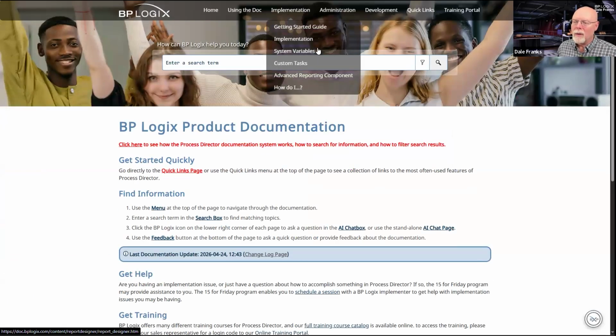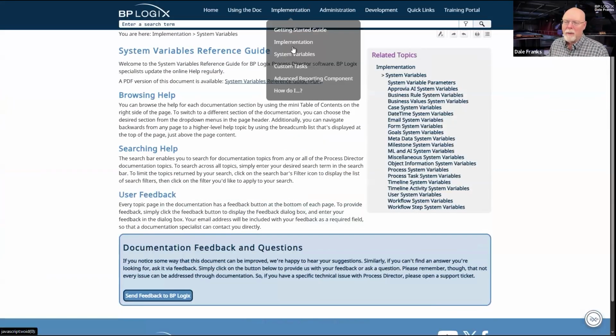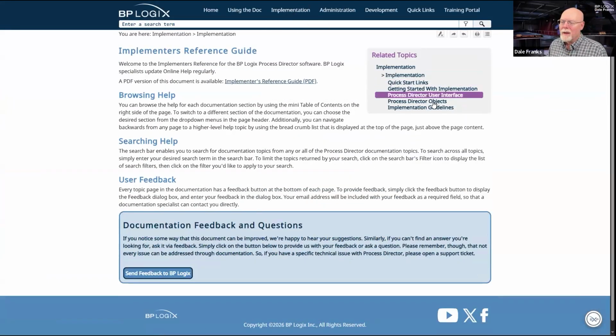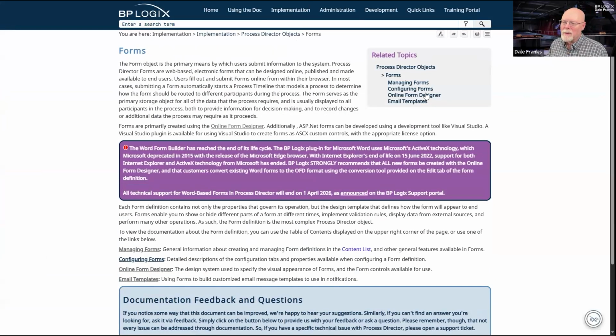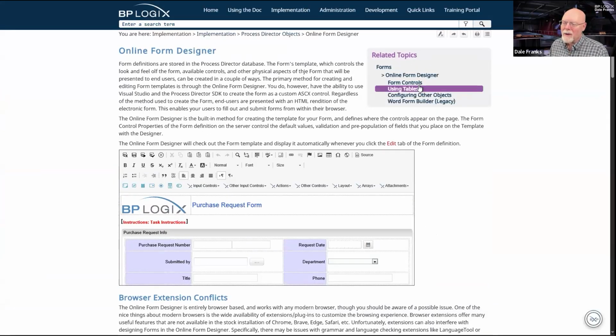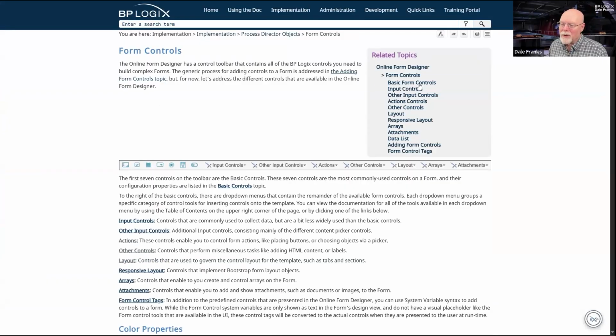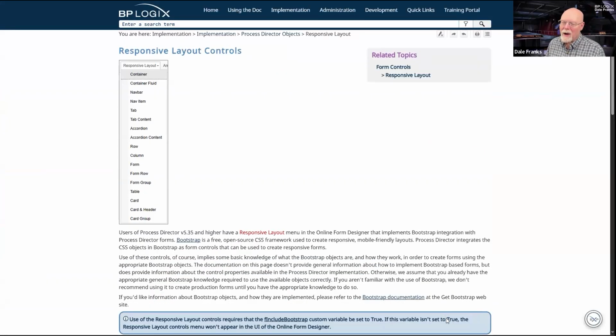And go into implementation. Why did I choose system variables? Process Director objects, forms, online form designer, form controls, responsive layout controls.